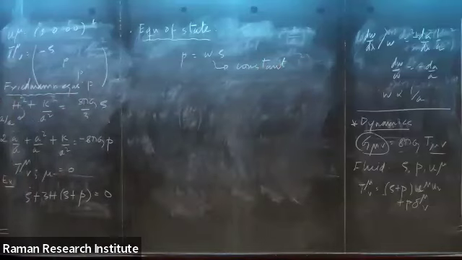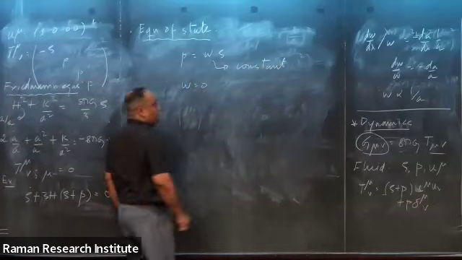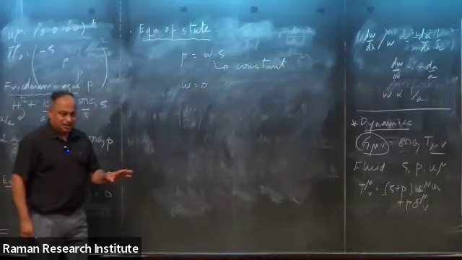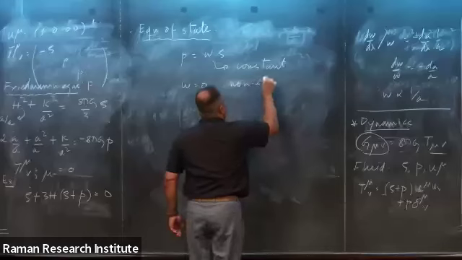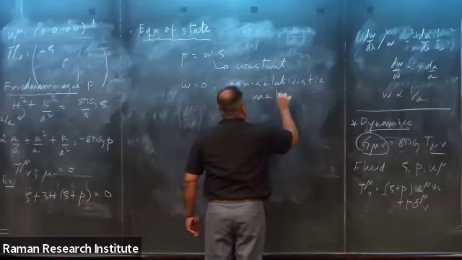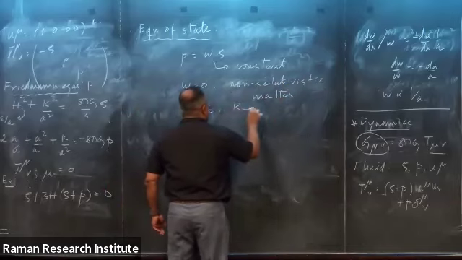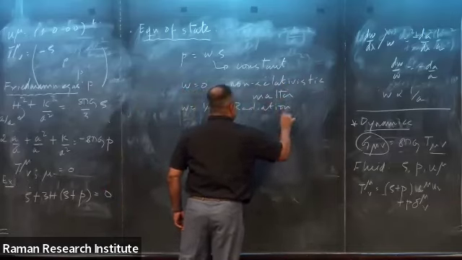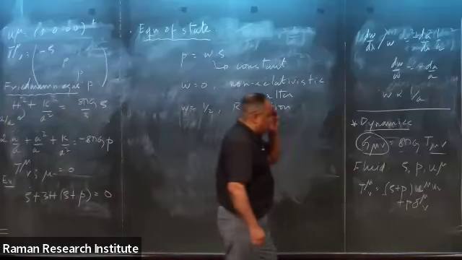And what you have is the following. You can have W equal to 0. This corresponds to ordinary matter, what is often referred to as non-relativistic matter. And you will have W equal to 1/3, which corresponds to radiation, a bath of photons. Now you can combine these to solve for A of t.